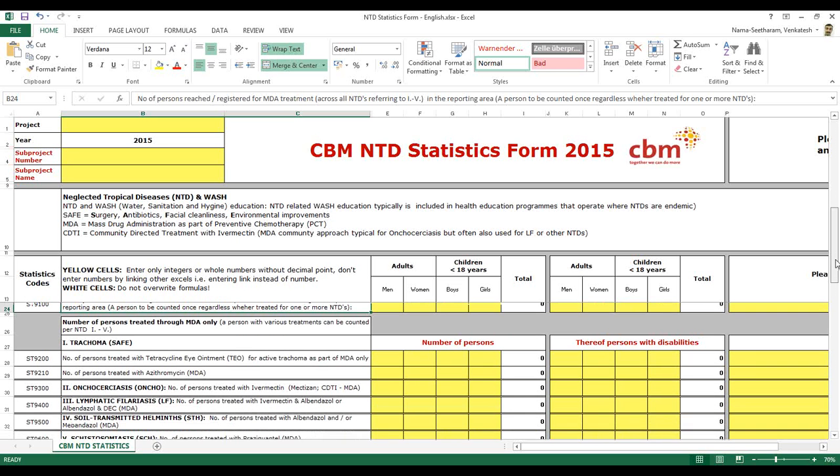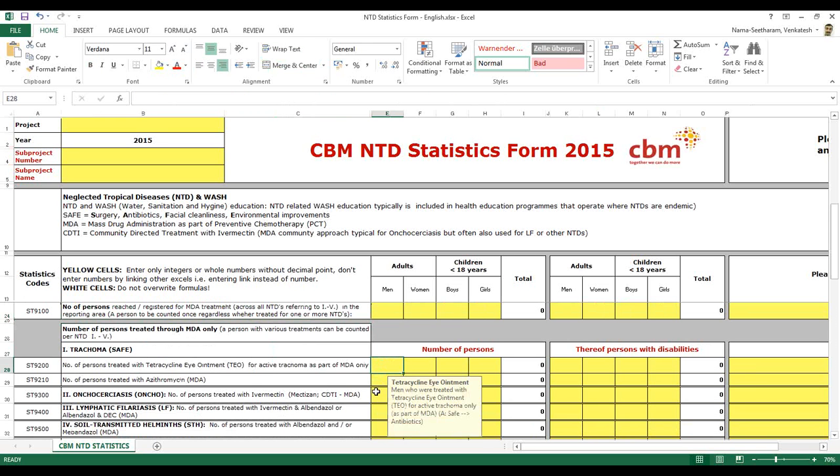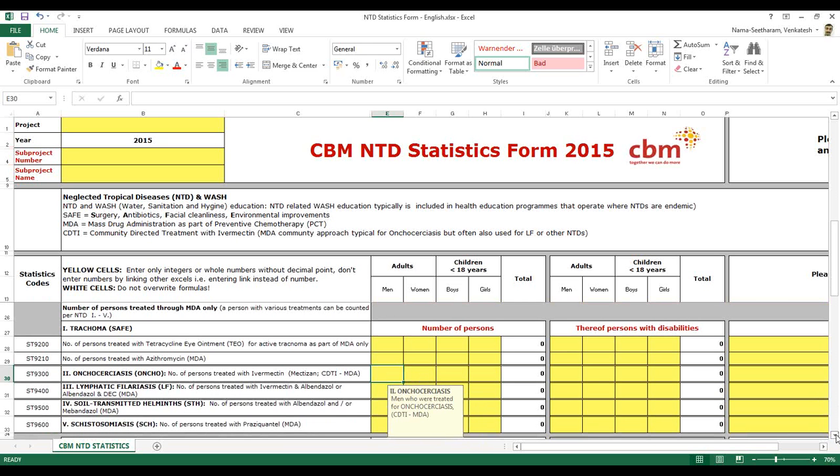Next lines would be number of persons treated with MDA. That is, the persons treated for trachoma, persons treated for onchocerciasis, and persons treated for LF, STH and SCH. There are chances that a person can be counted in trachoma as well as LF. That's fine, because at the top we are getting the total number.